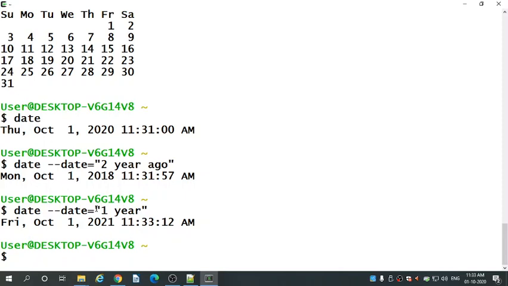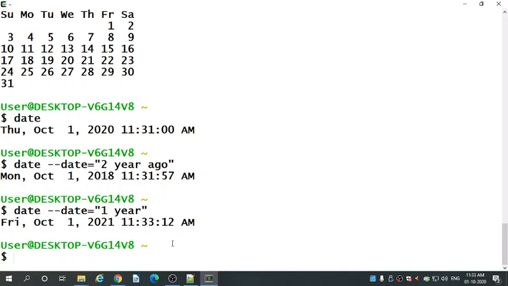You can see here the date after 1 year from the current day. Friday is the difference between the days, and the month and date are same, and after 1 year means 2021, and the timing is same. From the current date and time it will consider, so it is showing that output.